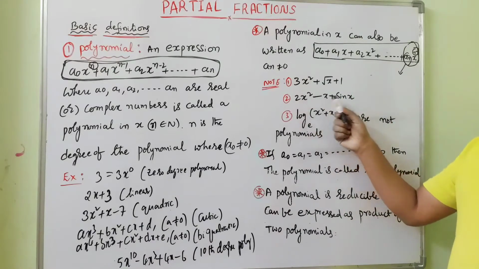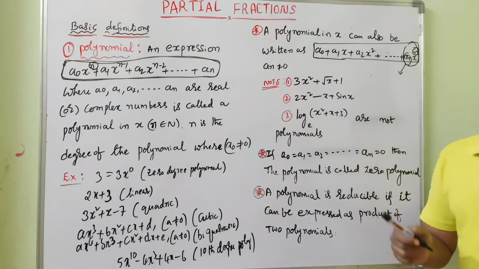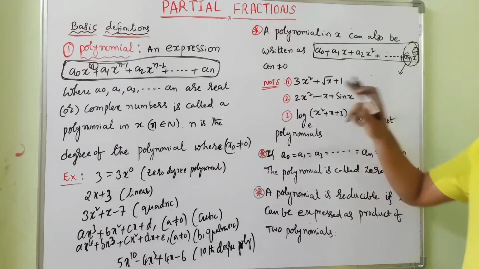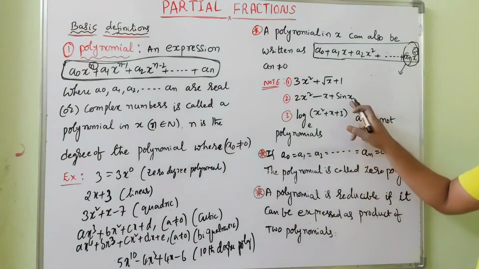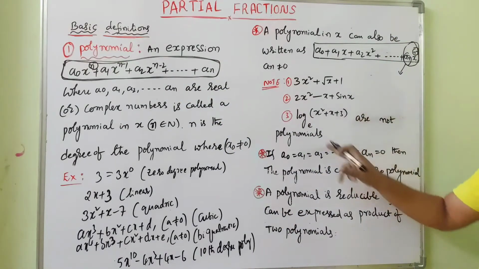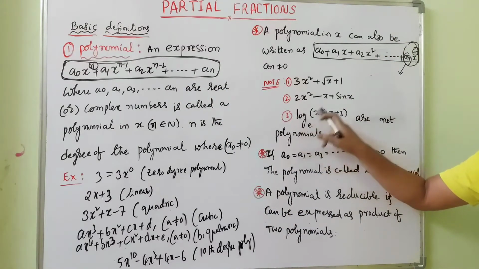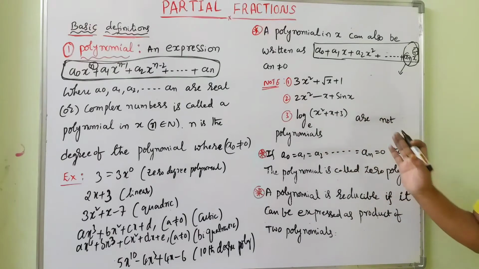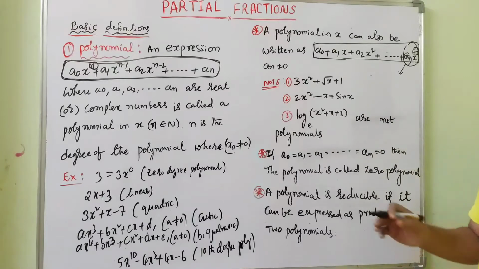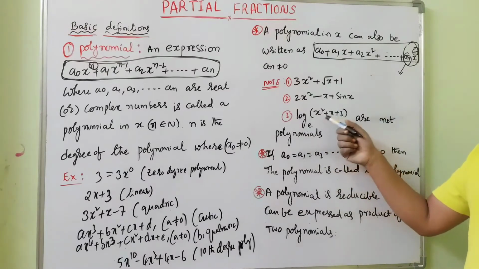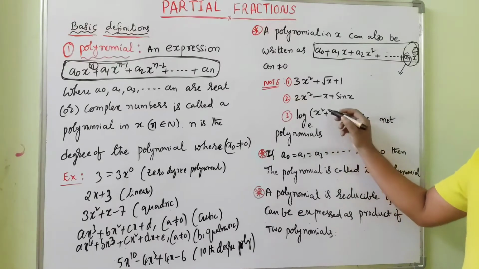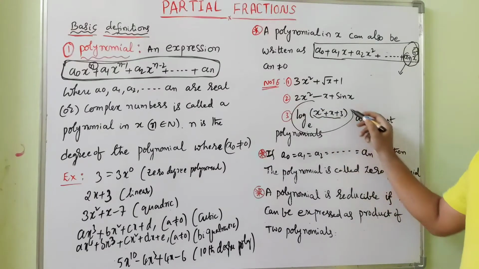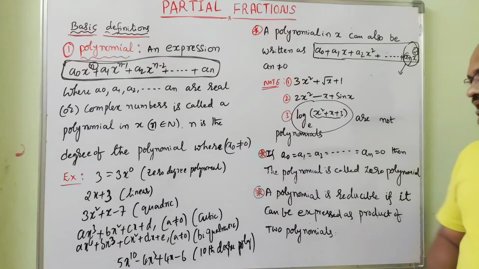Now the first two terms are okay, but sin x is there. It is not relative with this expression, so this is also not a polynomial. Here we have logarithm of a quadratic. It is also not a polynomial. Why? Because a radical is attached to the polynomial. It is not a polynomial. Inside this is a polynomial in x, but the totality is not a polynomial.